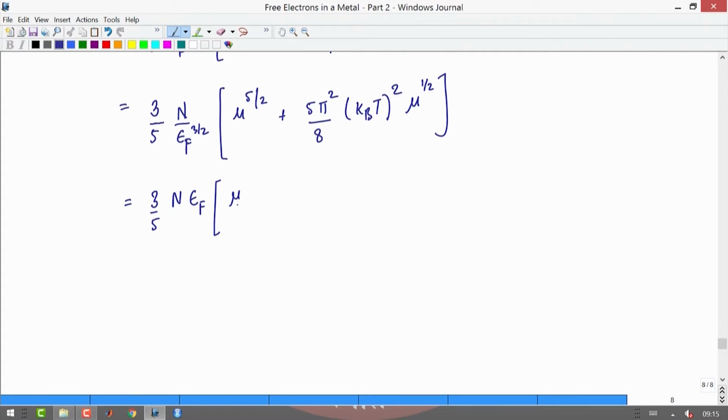So, that becomes mu over E f to the power 5 by 2, and I will do the second term as I just want to start from the beginning. I am not getting the right words,